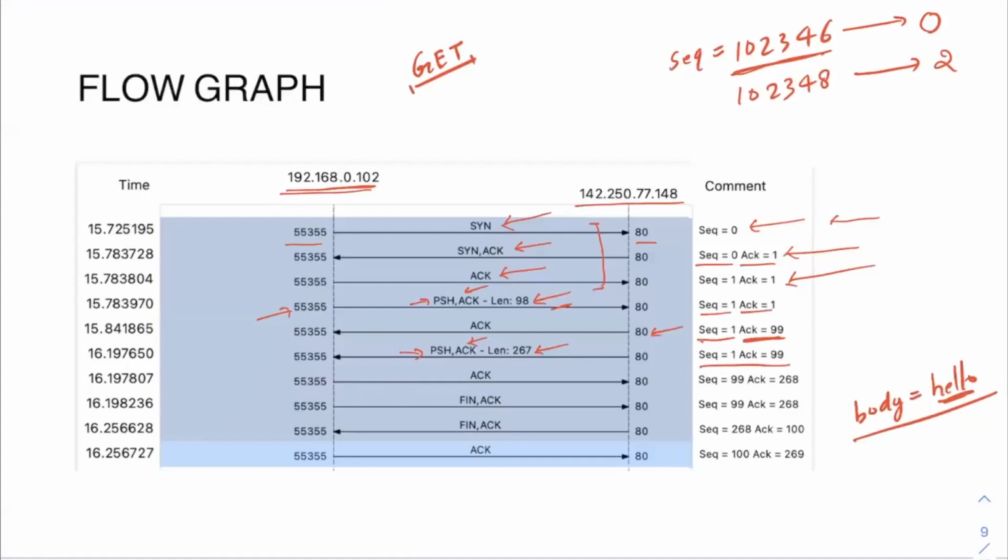So in other words, you can say this length 98 is the HTTP request size, and this length 267 is the reply from the server, the HTTP response size. Then the client will receive this data from the server. In the next packet, the client is acknowledging the data it has received from the server. And if you remember, the last time the client sent data,